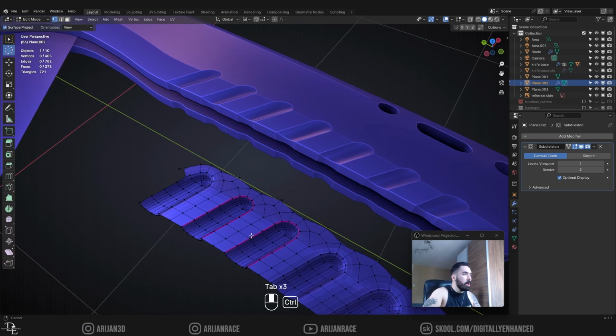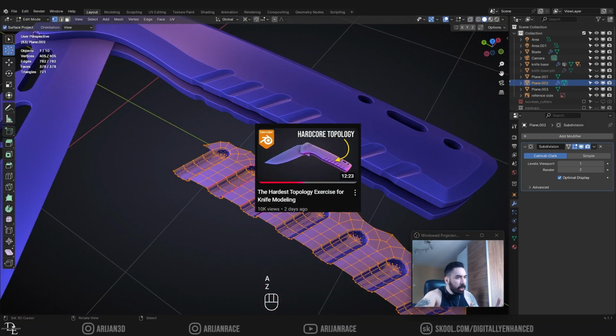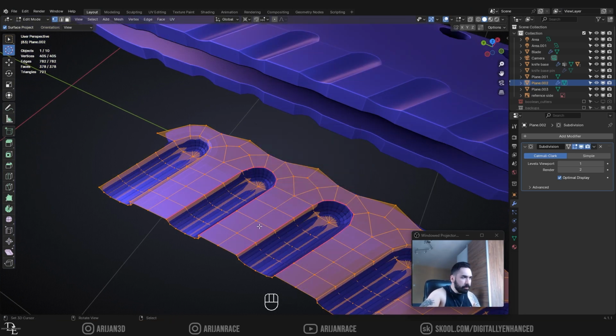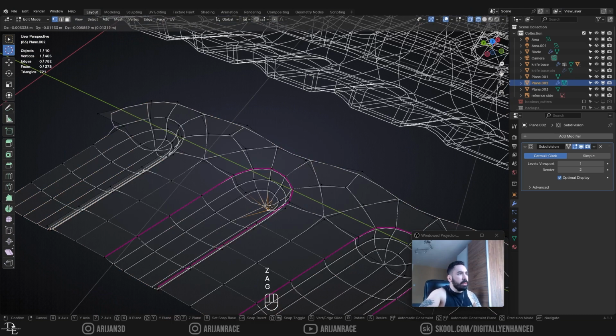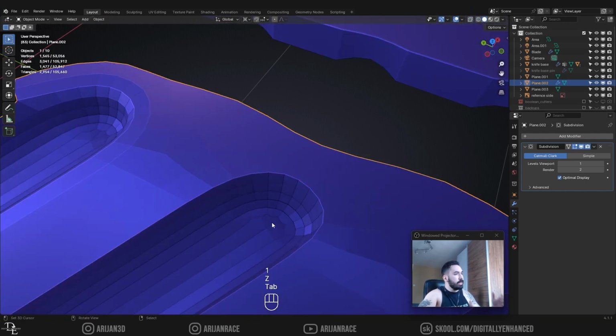Here's an example of an object where we have some endpoles, and this is from a tutorial that I made the other day, and they told me in the comments, Aryan, you messed up. The topology is good, but you have endpoles, so how do you do this without endpoles? What I'm talking about is this vertex over here. We have 1, 2, 3, 4, 5, 6, 7 edges connecting into this vertex,